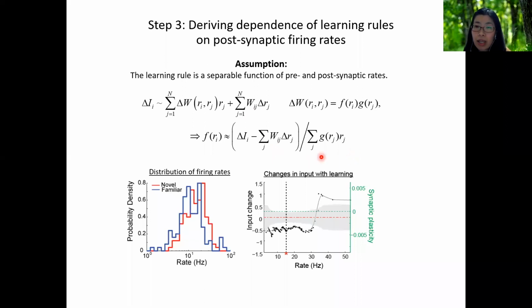Under the assumption that this presynaptic contribution and the bias are constant across the different stimuli, this postsynaptic dependence is more or less proportional to the changes of the input current. The changes of the input current show depression and then potentiation, and under this assumption, the postsynaptic dependence also shows this depression and potentiation, with the adjustment of the bias and the scaling by this presynaptic dependence.